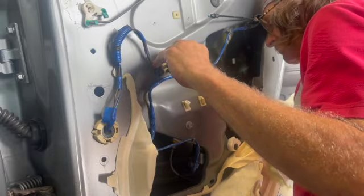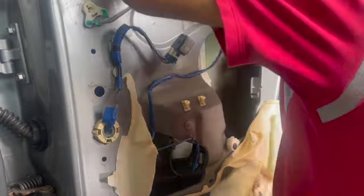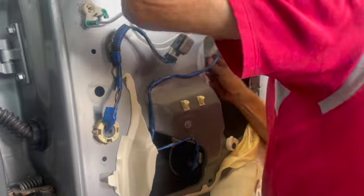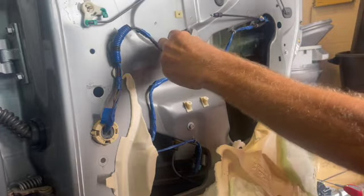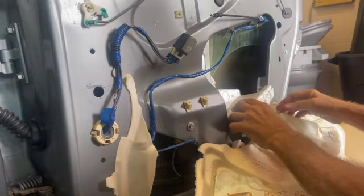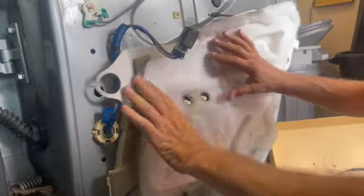I think I got it. Yep. Looks. Oh, maybe I didn't get it. Nope. And I'm going to lay that back in there. Really doesn't do much, but...